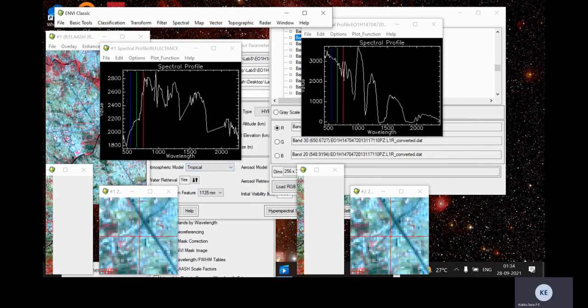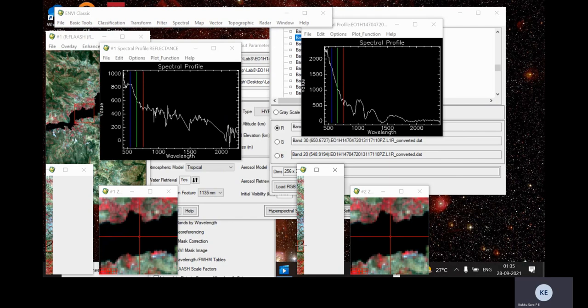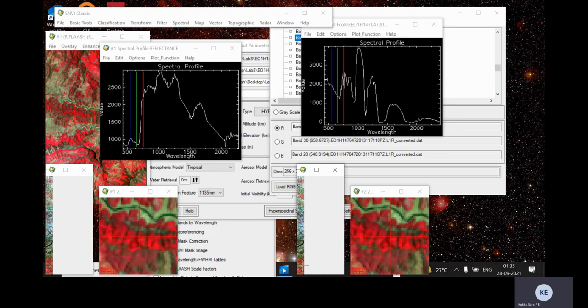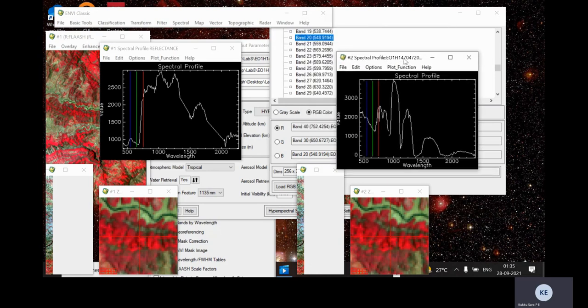So these are the spectral reflectance curves for urban area. Similarly for water body.